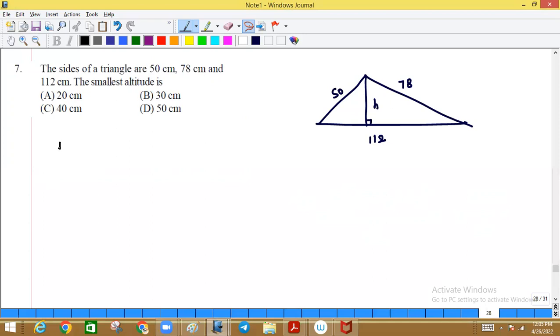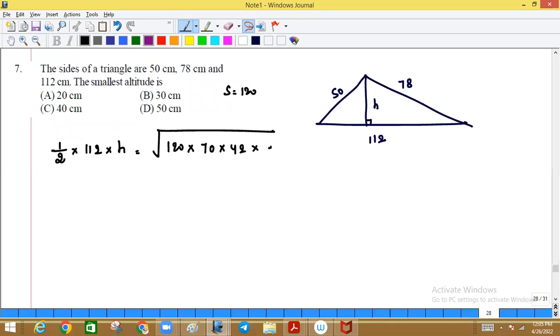I equate half base into height to its area. What is the area of the triangle? The perimeter is 240, so by 2 is 120. 120 minus 50 is 70, 42, 8. So this one is 56 into h is equal to